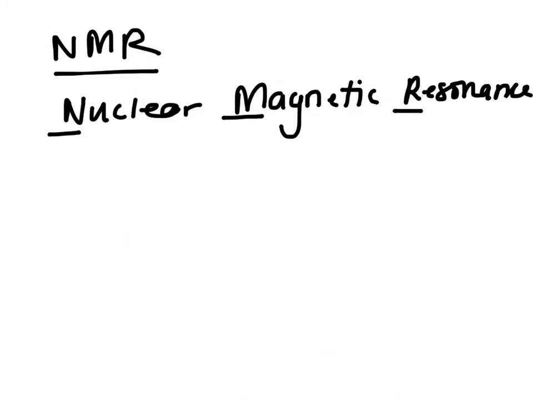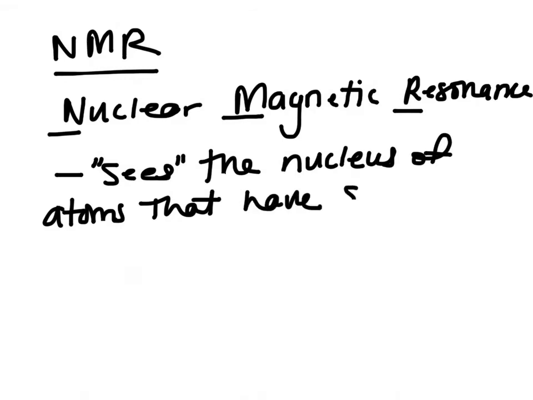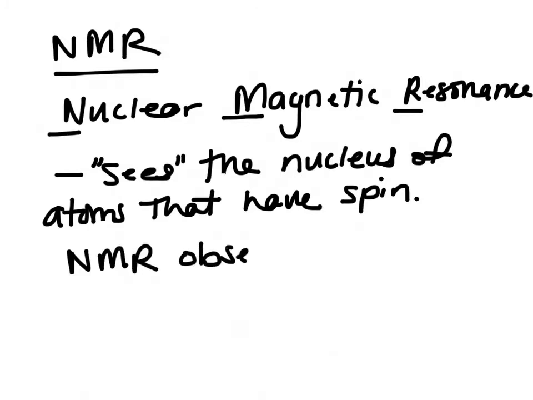Okay, so if we take the first part, the nuclear part, what NMR does is that it sees, and I put this in quotes, the nucleus of atoms that have spin. So there are NMR observable nuclei,